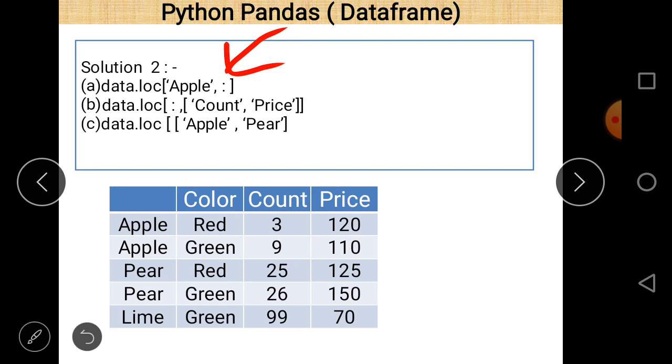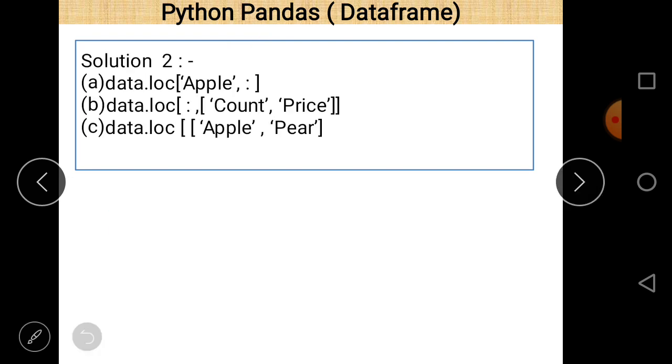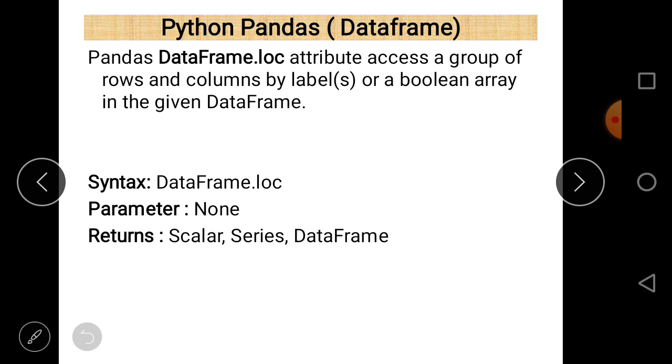It will select all columns. Then close the bracket. So data.loc apple comma colon will select label apple with all columns. It means this result. So this is the answer of part 1, and then for part 2,